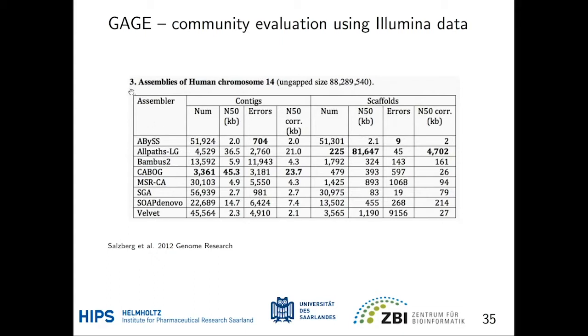Here we have metrics for different assemblers for human chromosome 14. This part of the table is related to the metrics on contigs, and this part of the table is related to metrics on scaffolds. What we have here is the sheer number of contigs or scaffolds respectively, then the N50 value in kilobases, the number of erroneous contigs or scaffolds, that is, when pieces from different parts of the chromosome were erroneously joined into